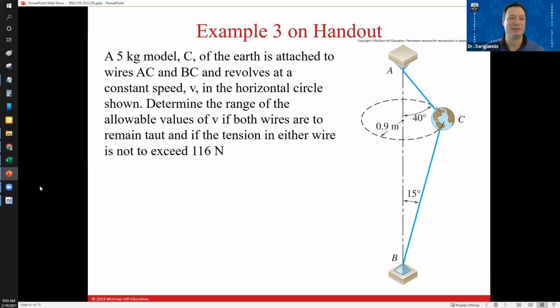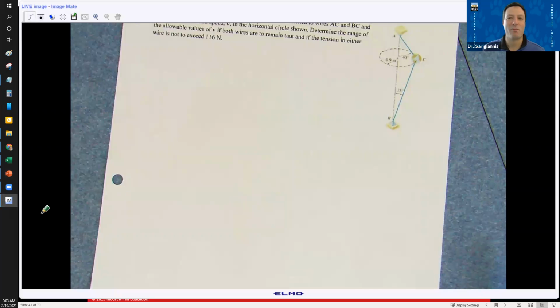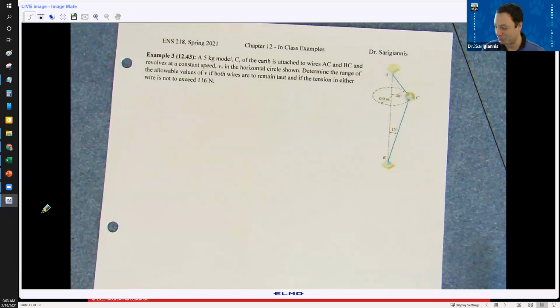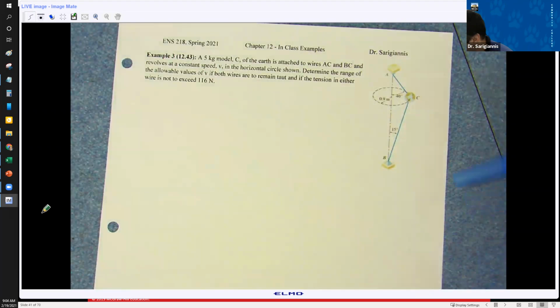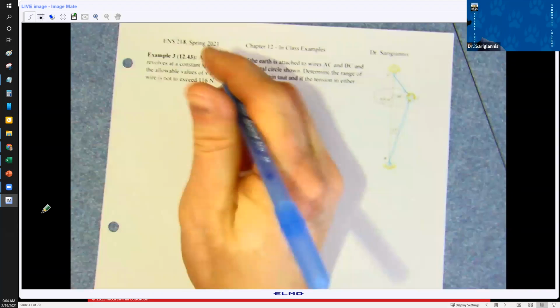All right, so let's work this out. It's a fun little problem. This is an interesting problem because you don't actually have a single answer. It's not like you're solving for one single answer. You're solving for a range of velocities that you can tolerate. So we have